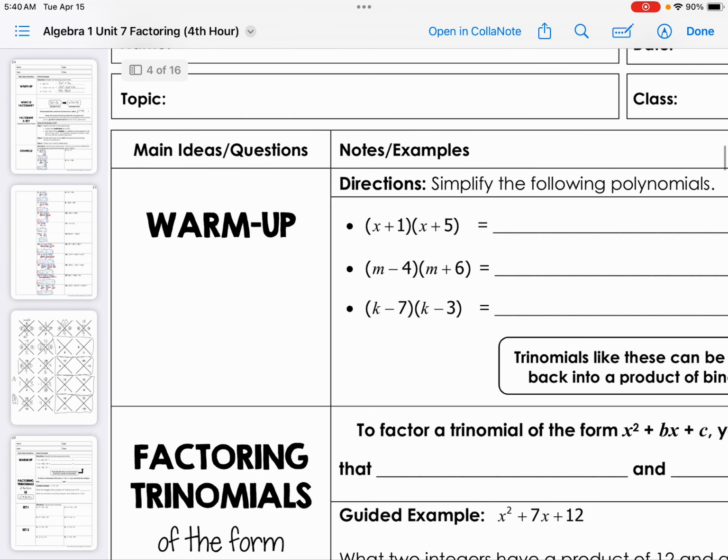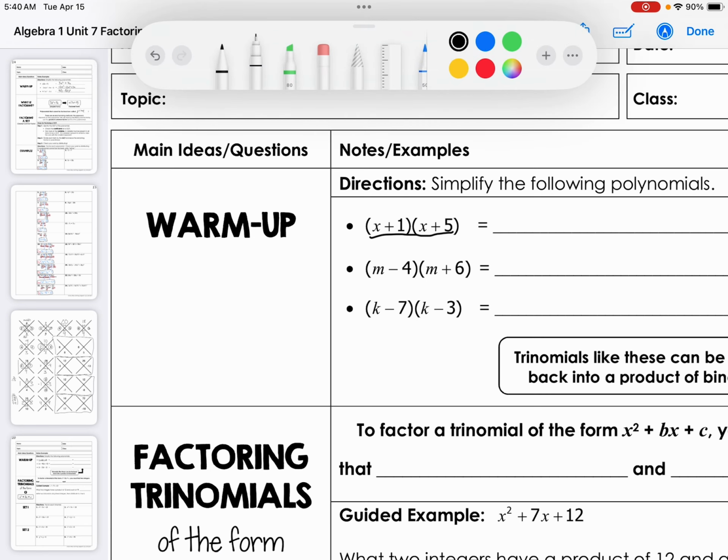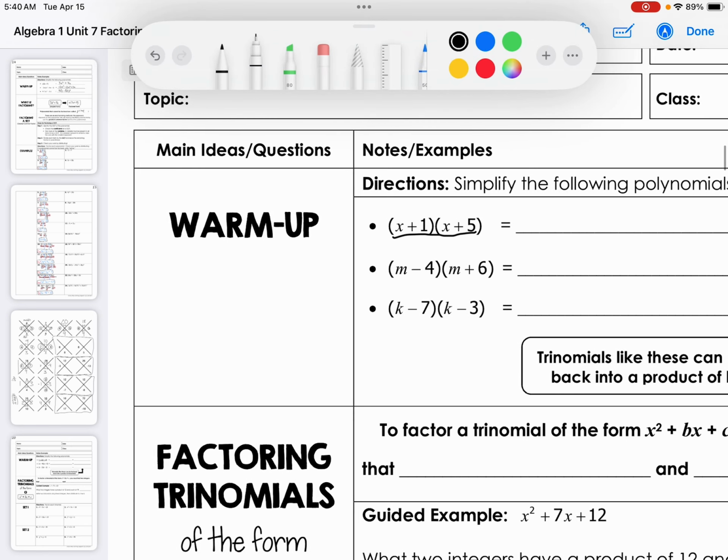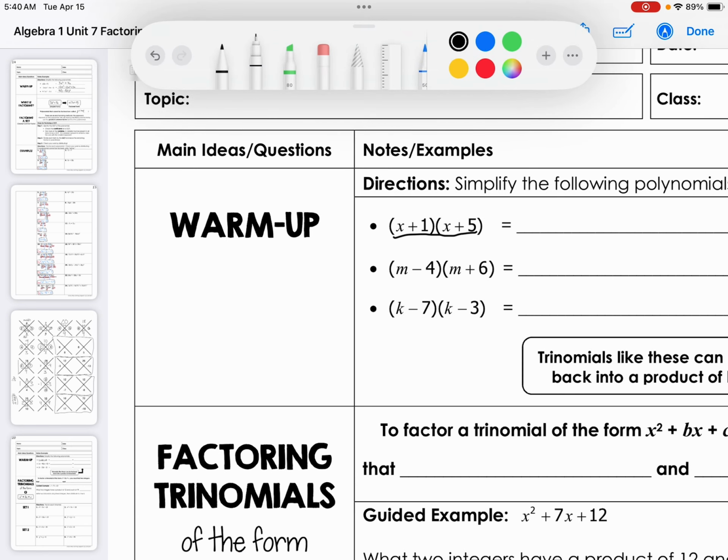All right, so on to this next page. For our warm-up, we're going to be looking at some of the problems that we did in our last unit. So those are multiplying these binomials together. I'm going to do the work for them over here on the side, just because we don't have room. So this first one, we would have x plus 1 times x plus 5,